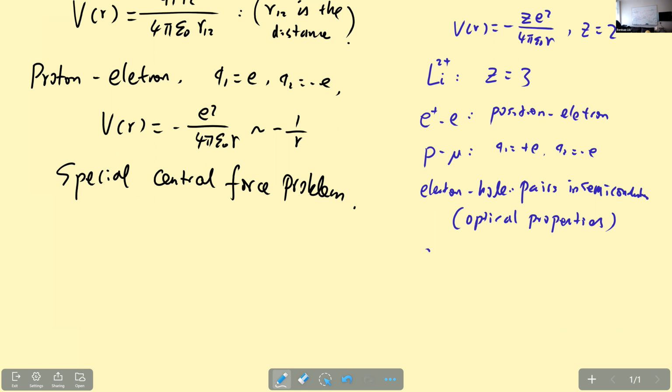And sometimes there's also shallow defects, such as donors in semiconductors. So in this case,